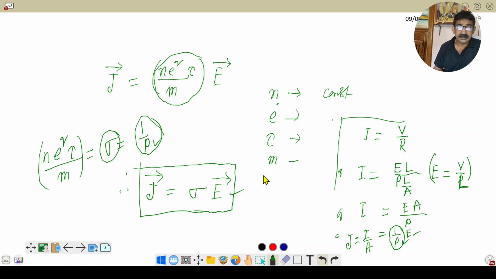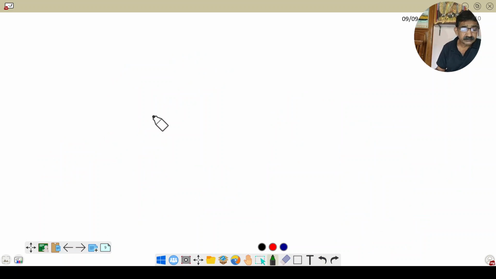So the resistivity rho is equal to 1 by sigma, conductivity,